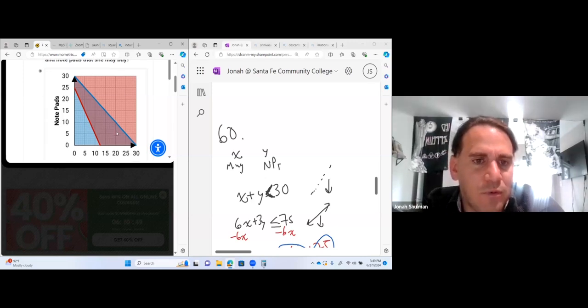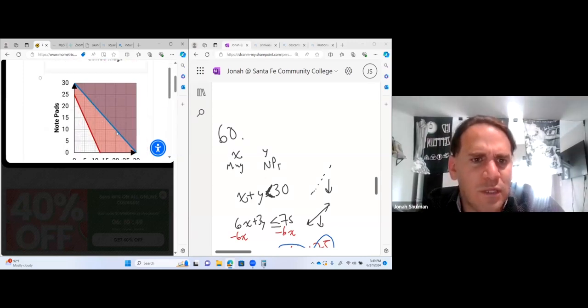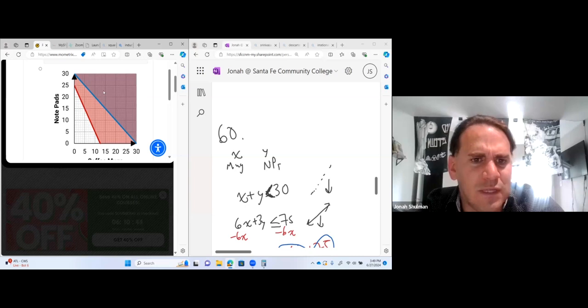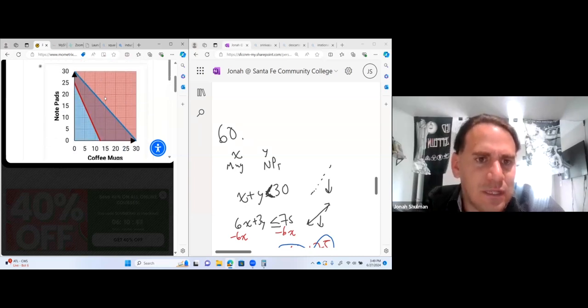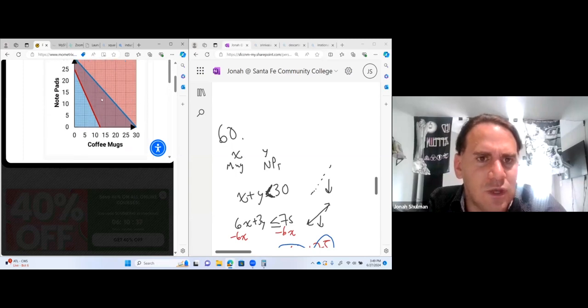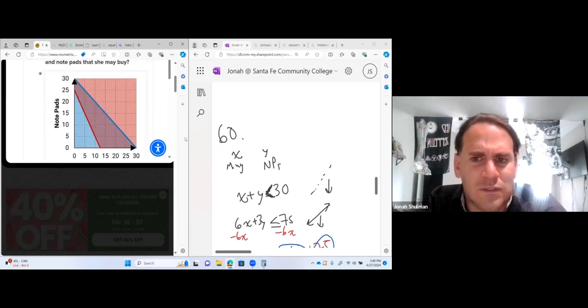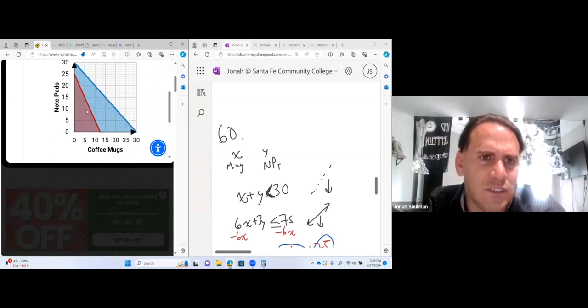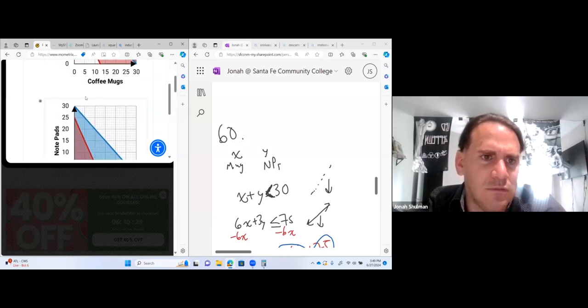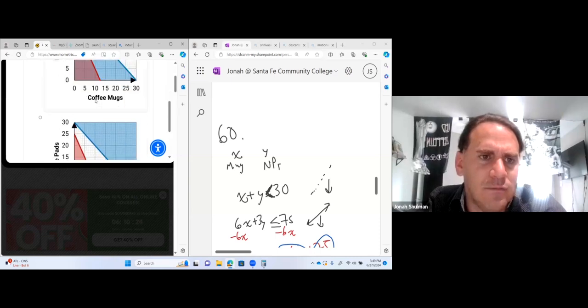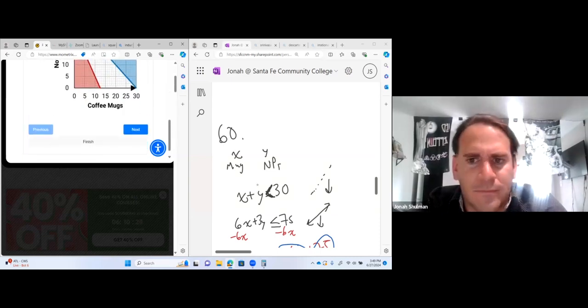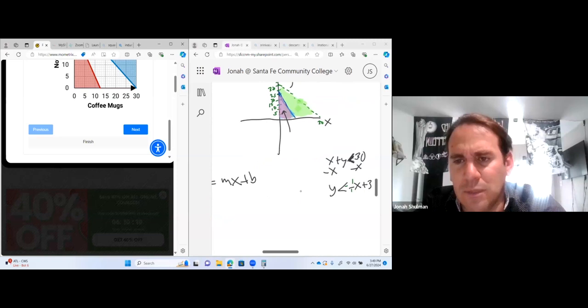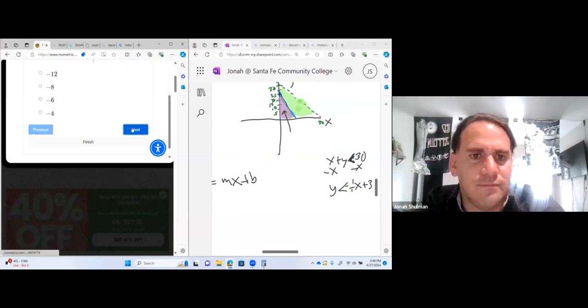Blue, red, purple. Oh no, but we want it on the inside. Everything is above it. This is off. I just was looking at the lines. The lines look good, but this one should have been dotted. So we can't afford this. So it's not A. We can't afford this. This is what we afford. It's just this one. So it's C. It looks just like my ugly picture. Next.